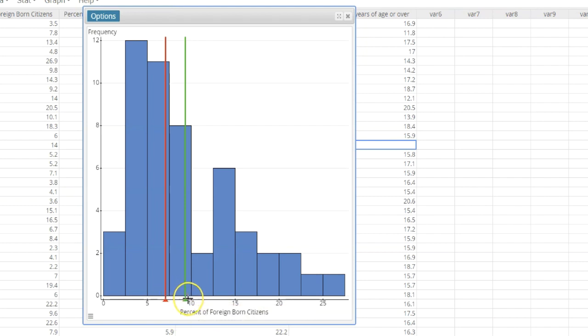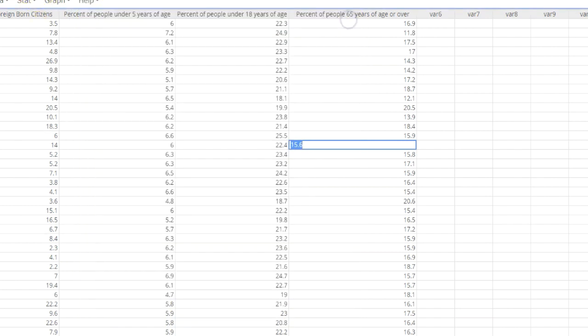And the mean is close to the 10% that we estimated. That mean is actually 9.3%. So we did a good job of estimating the mean and the median. If you want to go even further, we can look at